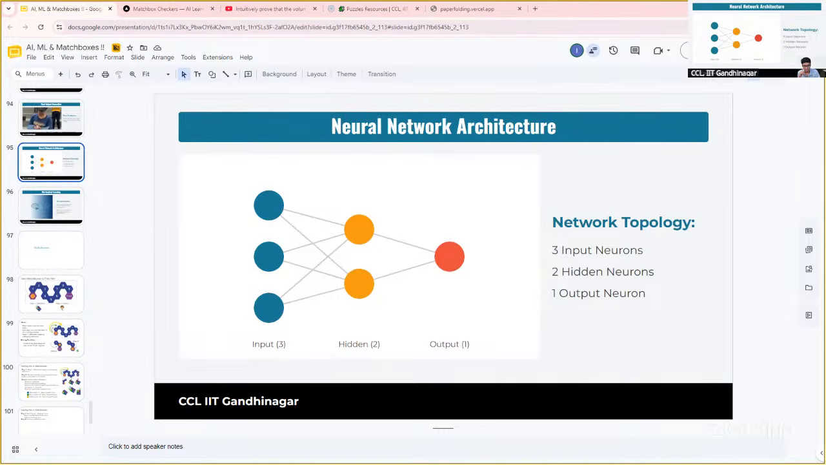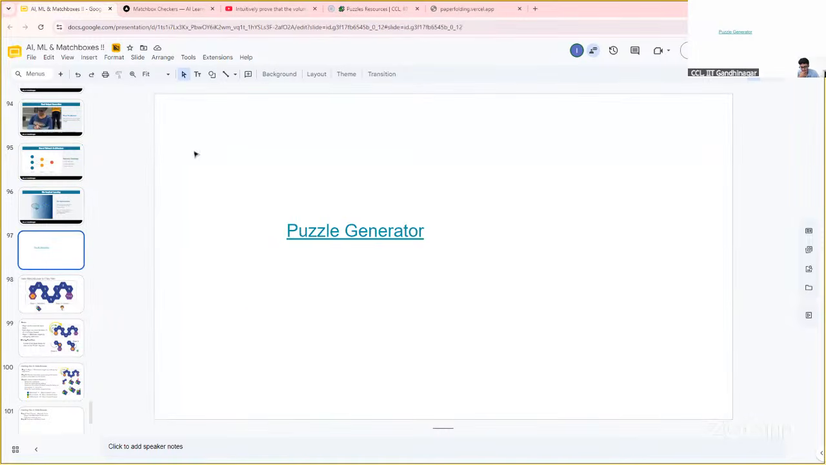So this is the activity we are trying to do with children to help them understand neural networks. And for the last slide, I have these tools which we designed. You all have seen the